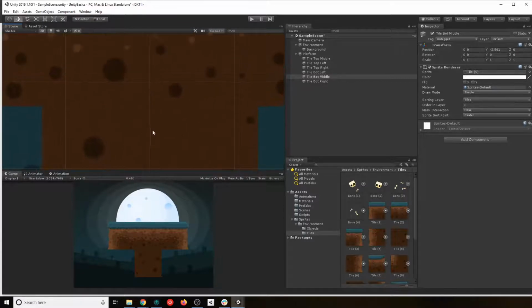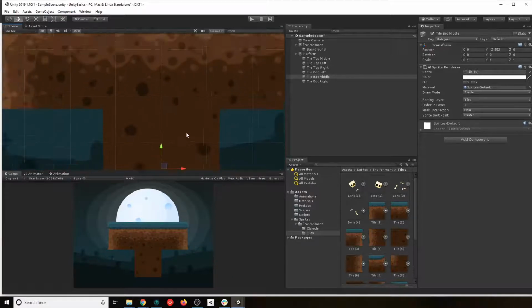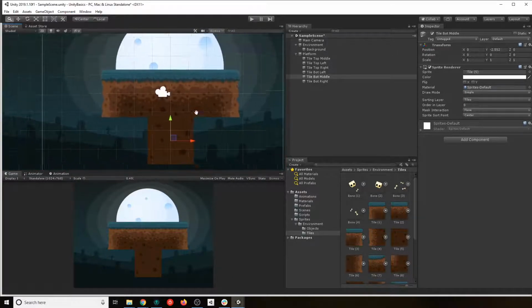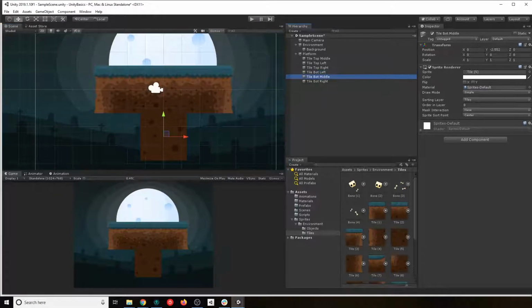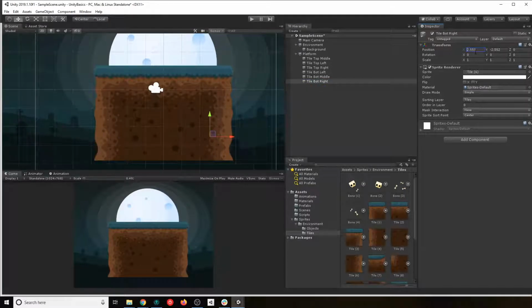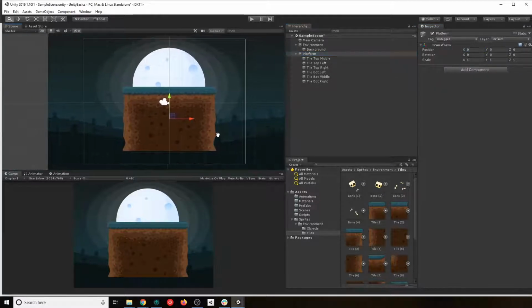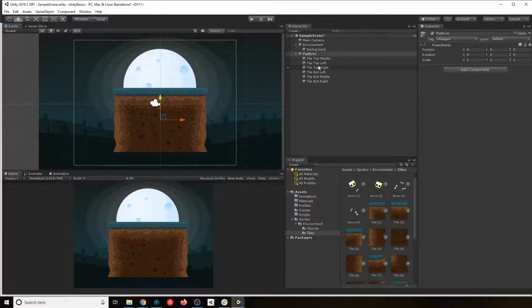Oh, it looks like there's a little gap. If it overlaps a little bit, it's okay. It's not a big deal. Okay, so now we can use the same position for the y-axis. Remember, this is all like in a grid, and we can just change those. And then we know how much is for the left, so we can add the same value, and we know that the right will be the same but positive. There you go. We have a nice platform. Okay, so this platform looks pretty nice, right?